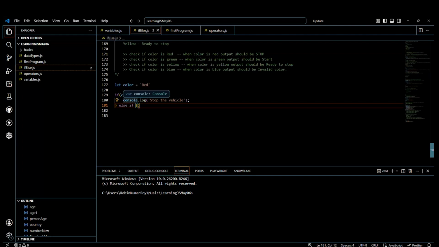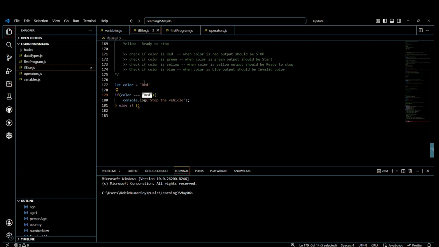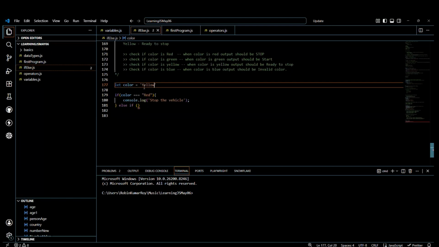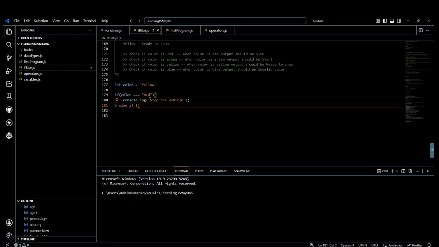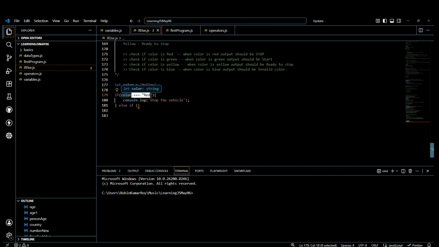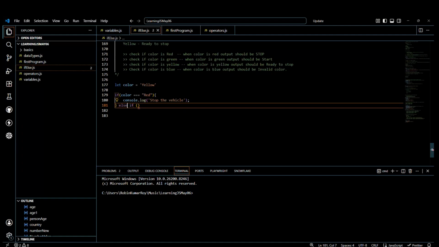Okay, we wrote if. Assume that I'm giving the color as yellow here. Now, if I write the first if statement saying color equal to red, then we know that only when this particular condition is true will this block of code get executed. If this is not getting executed, then it will go to the else statement. So the first one we are validating with the color as red. Now there are other colors as well, green and yellow. So it will go to the else statement. Inside the else,